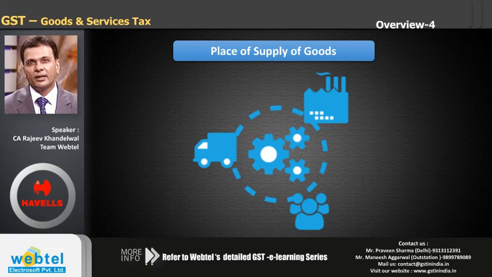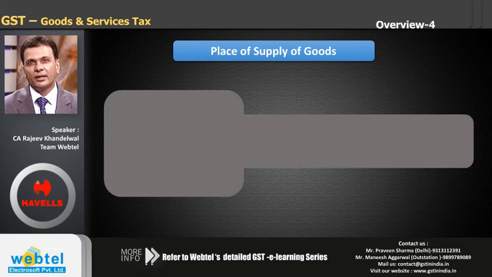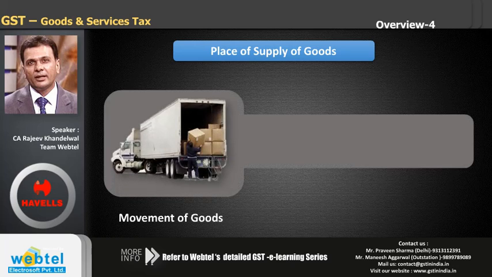Now there could be different scenarios for place of supply of goods. Let us see these. In the case when there is a movement of goods, yes, obviously in some goods there's no need for movement of goods because they are existing at the place of supply. So in that case, that could be different. But now we are talking about a case where there is a movement of goods, let us say from one state to the other, or one godown to the other.